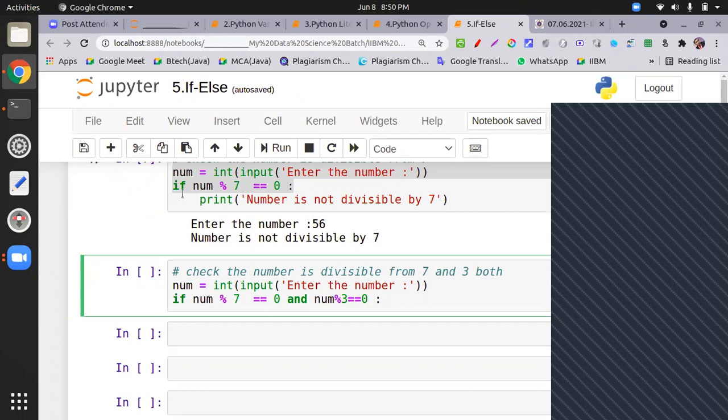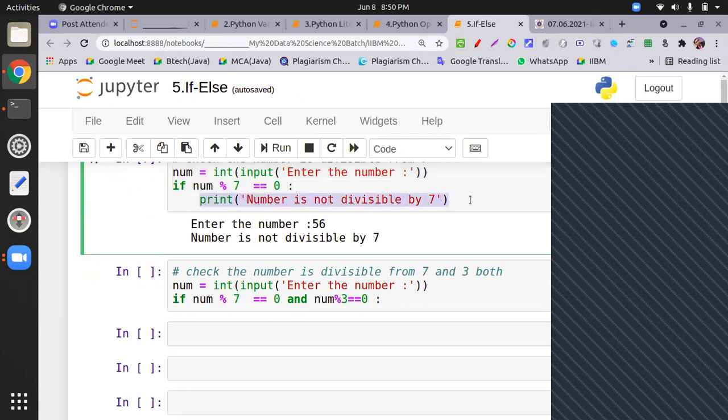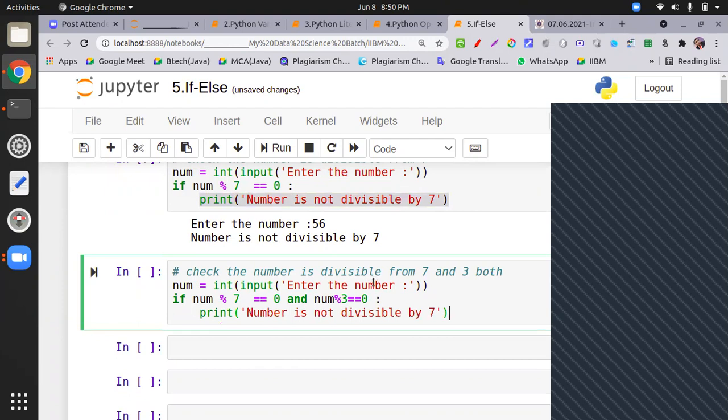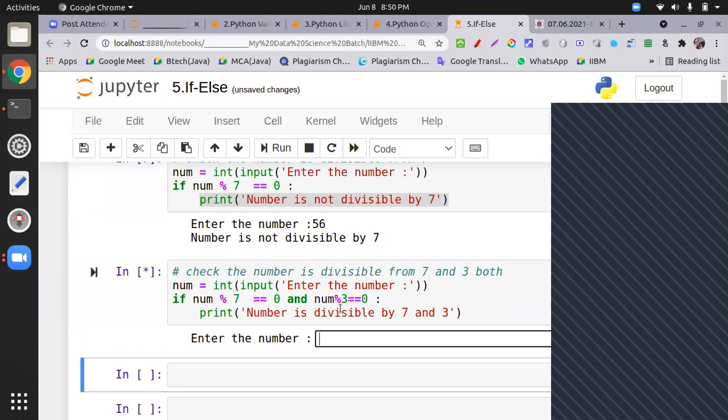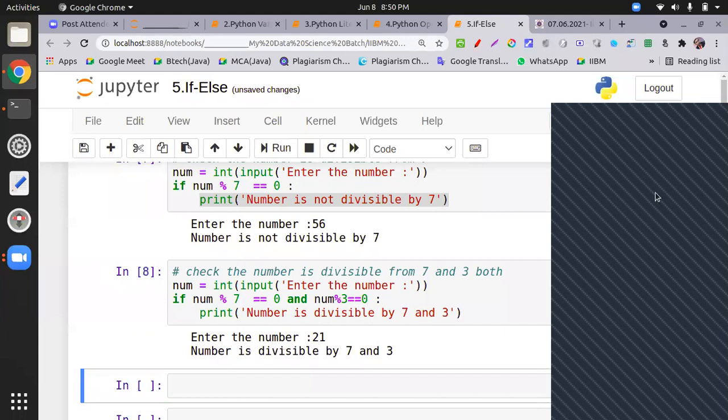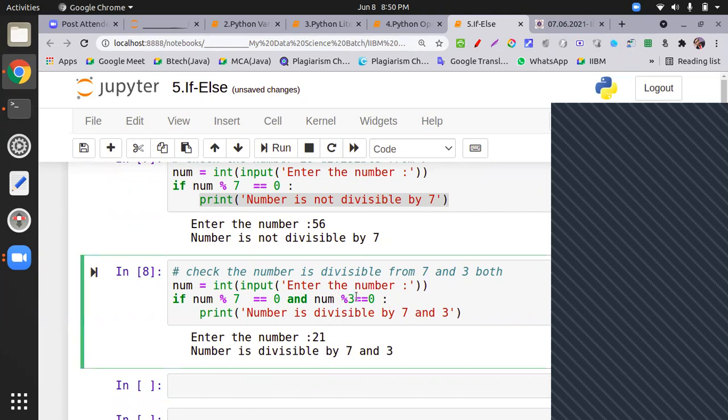Same thing over here, and I put a print statement: the number is divisible by 7 and 3. Okay, perfect. So I put a number that is 21. Very good. You got both the conditions true, and you can see this over here.